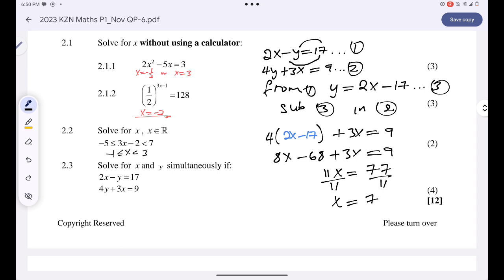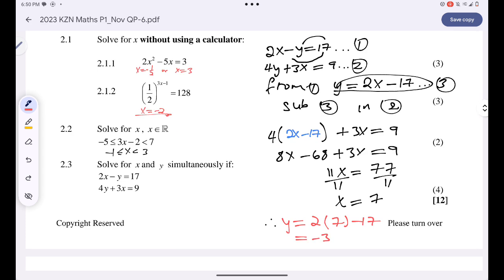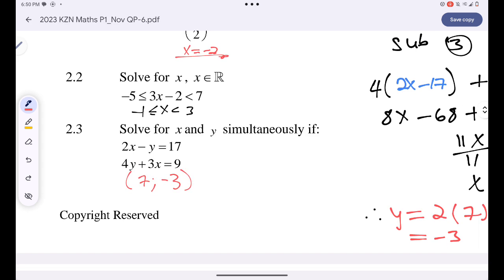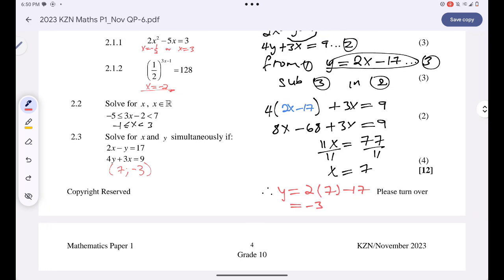Then now I just need to go and solve for the corresponding y value. Remember that y is equal to this. So I can simply say, therefore y will be equal to 2 multiplied by 7 minus 17. 2 multiplied by 7 is 14. 14 minus 17 is just negative 3. So whenever I'm solving for x and y here, the x value is 7. The corresponding y value is negative 3. That's how we would have tackled